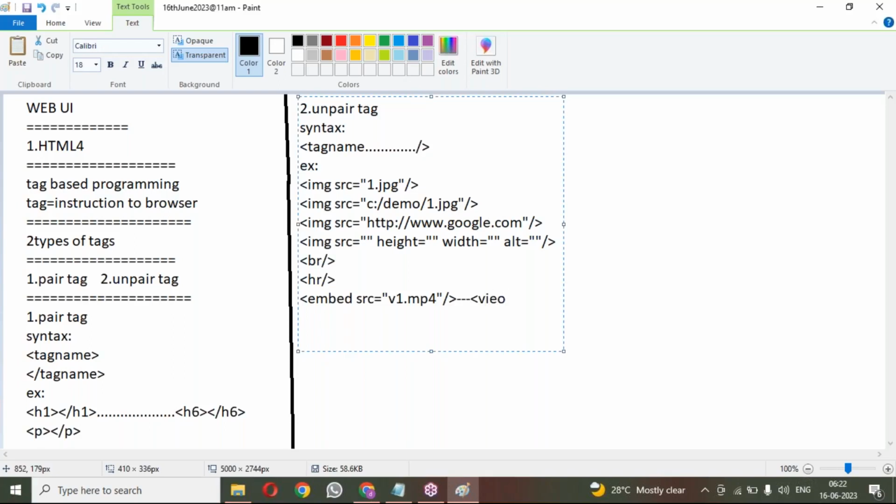Whenever we write the embed tag, it works like the video tag only in the IE browser. In all the remaining browsers, it will be automatically converted into a video tag. So when I write an embed tag, it is auto-converted into a video tag. Like this, we can write it. Here we have a list of tags, and all of them come under